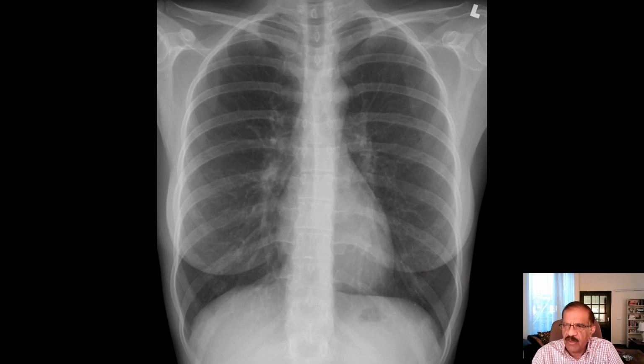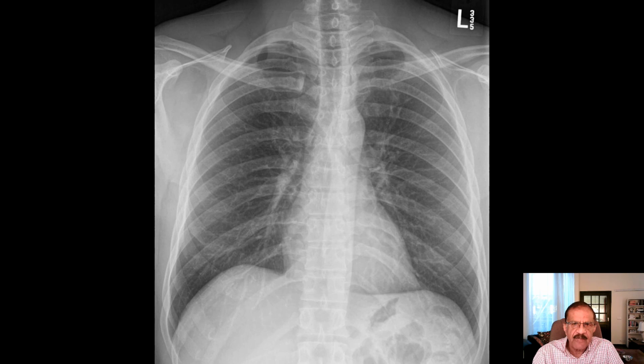Let's see another one. This is again a normal X-ray chest. Here you can see the patient is slightly rotated. Now I think I'm glad I have got this film. This is the spinous process. Now you can see that this is a right